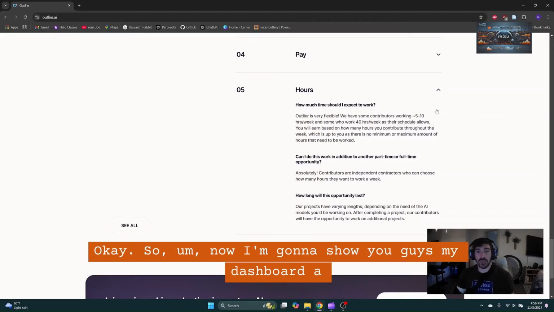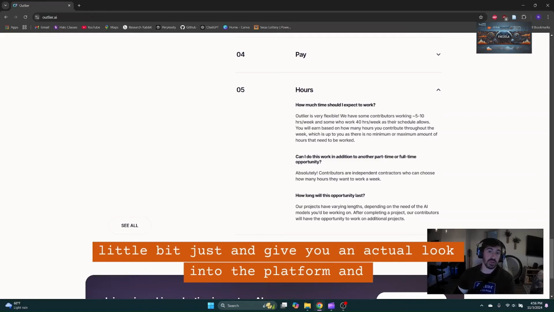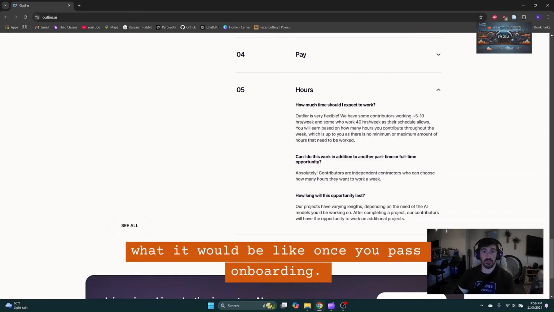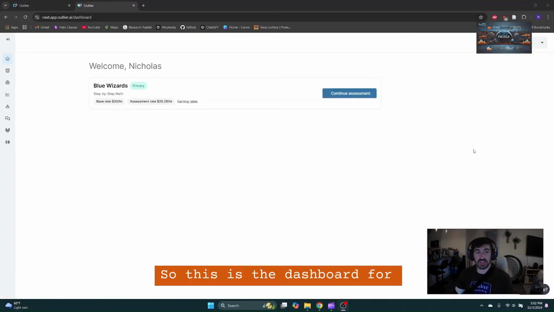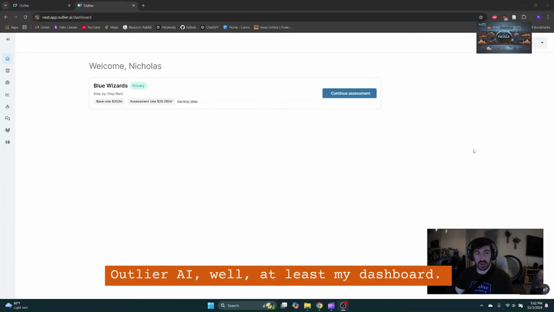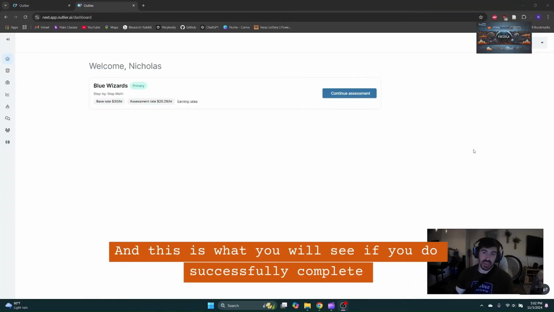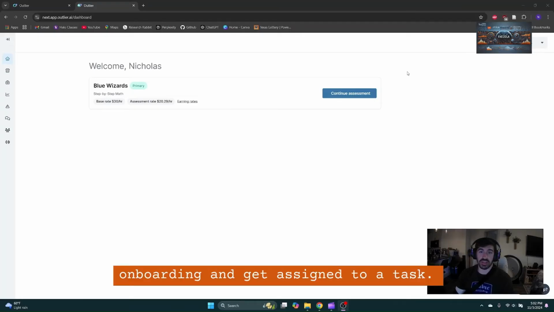Okay, so now I'm going to show you guys my dashboard a little bit and give you an actual look into the platform and what it would be like once you pass onboarding. So this is the dashboard for Outlier.ai, well, at least my dashboard, and this is what you will see if you do successfully complete onboarding and get assigned to a task. For me right now, the task I'm working on is called Blue Wizards.